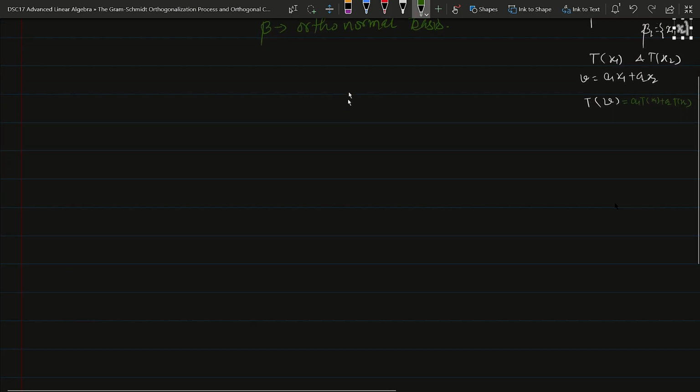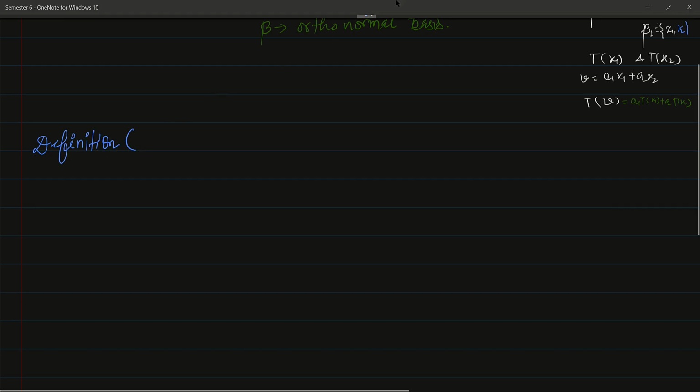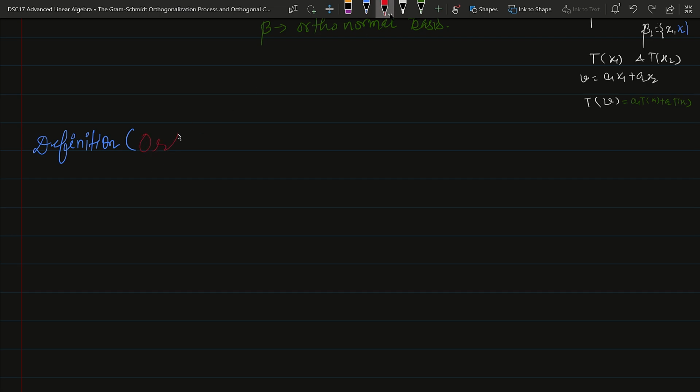ओके, so let me write the definition, and this definition defines orthonormal basis. ओके, हमने प्रीवियस लेक्चर में ऑर्थोगोनल एलिमेंट्स पढ़े थे किसी सेट में, और फिर ऑर्थोनॉर्मल सेट हमने डिस्कस किए थे, ठीक है। ऐसे सेट S जैसे सपोज हमारे पास है x1, x2 और so on xn, इस तरीके से हमारे पास एलिमेंट है। अगर हर एक पेयर, चाहे हम कोई सा भी पेयर लें, वो आपस में ऑर्थोगोनल है और हर एक का नॉर्म या लेंथ 1 है, तो हम इस सेट को ऑर्थोनॉर्मल सेट बोलते हैं, ओके। अब वही बात है कि अगर कोई सेट ऑर्डर्ड बेसिस है और वो ऑर्थोनॉर्मल सेट भी है, तो हम उसको ऑर्थोनॉर्मल बेसिस बोल देंगे, ओके।